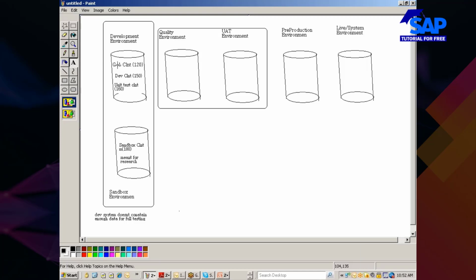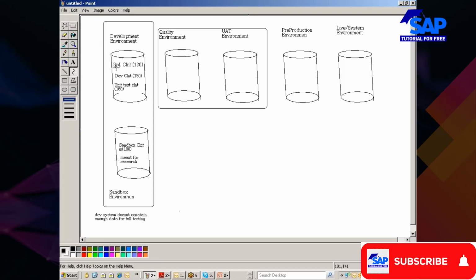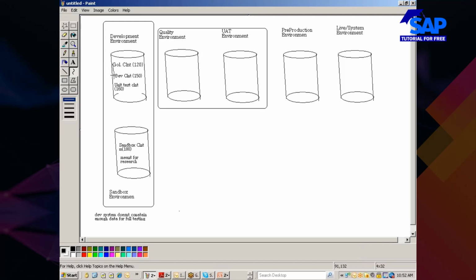And then your development client is something like, you will be doing some work over here. All the changes that you perform here.